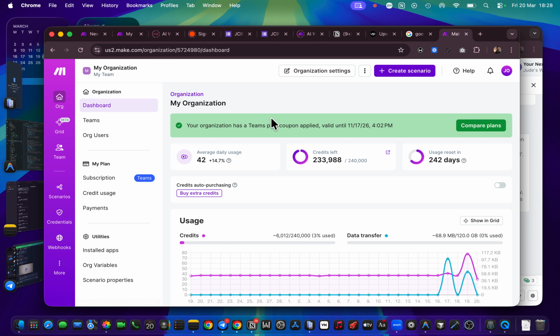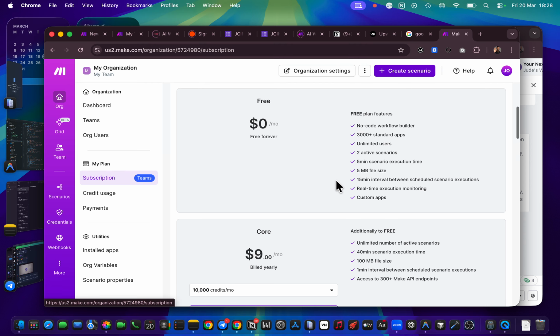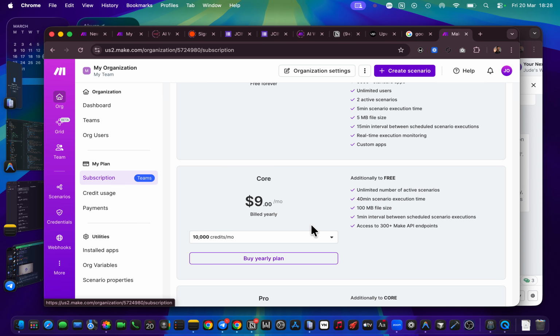Now, you can also make subscriptions here. These are the two things that are really crazy here: the dashboard, watching your credit, and the subscription part, where you understand which plan your business, or your client, needs to use. For your own, since you are doing something basic, you can still use free and get familiar with this platform. But for businesses that want a lot more, you can see for 10,000 credits, they need to pay $9 per month.